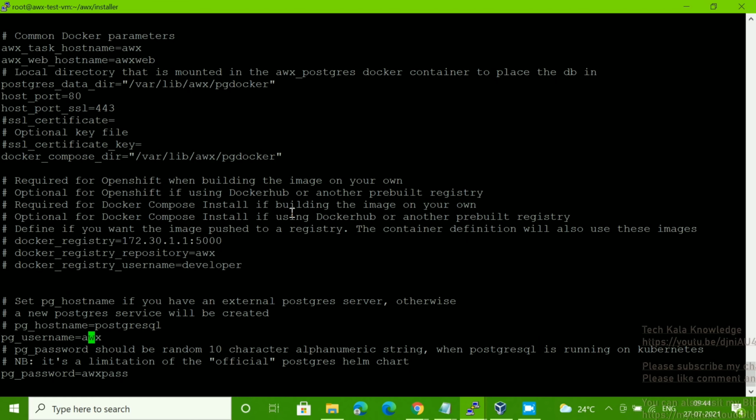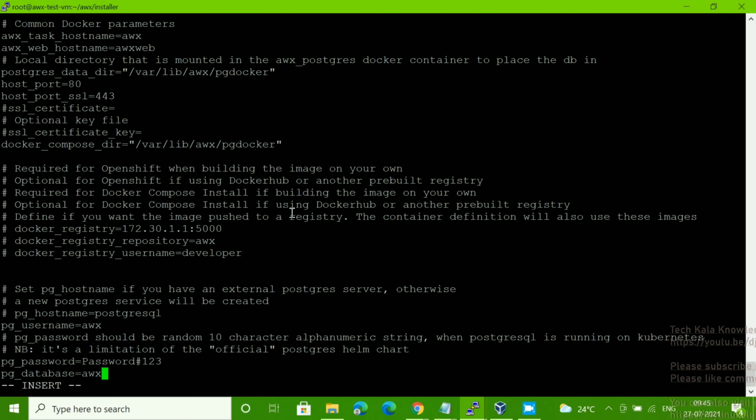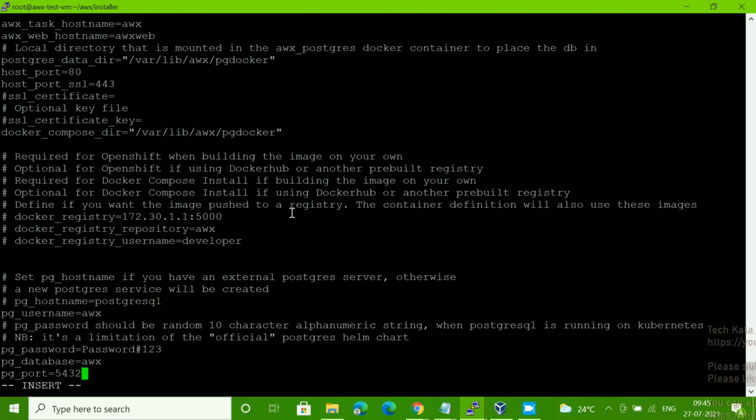If you need to give a specific user, you can give it here, and also the password. You have to change the password here also. You have to give a strong password. In my case, for testing purposes, I'm going to give password#123. In your case you can give as per your requirement. If you have some AD level, you can use that user.